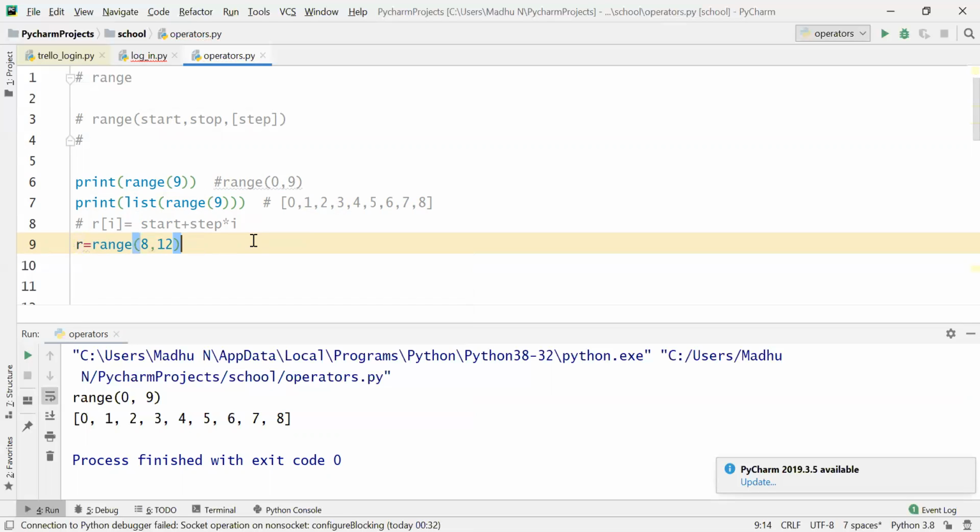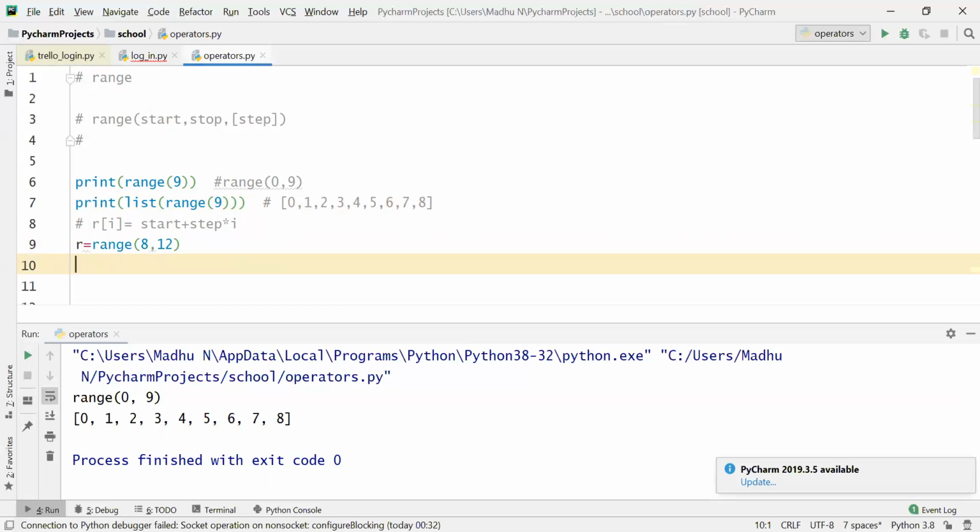Now according to this formula, I will calculate R of 2. What is R of 2 according to this formula? Start. What is start here? 8